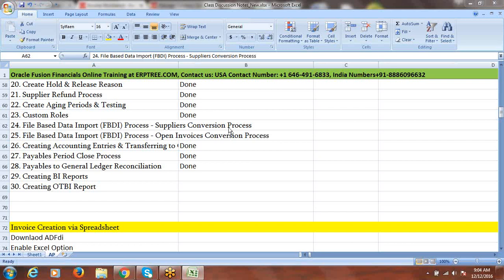Any questions? Sir, is a corporate account just like the operations account in R12? Correct. In the Vision environment, we have a predefined value set called operations account in EBS. Here they created it as a corporate account. It's one of the value sets which consists of many accounts which we may require in the process when we are doing setups and testing. It's the same, only the naming convention differs; here it's given as corporate account. Thank you, sir.